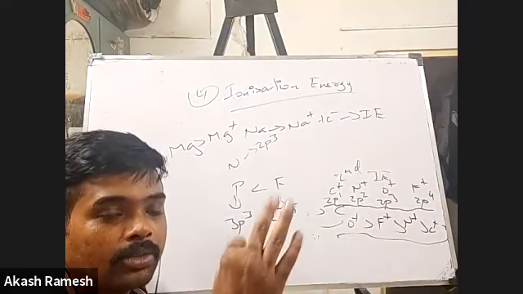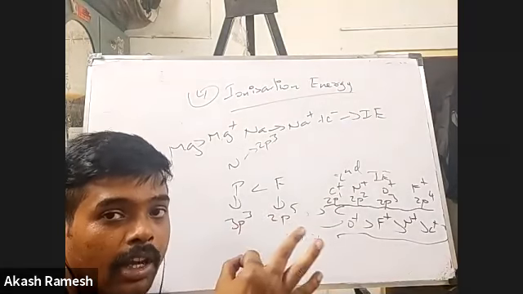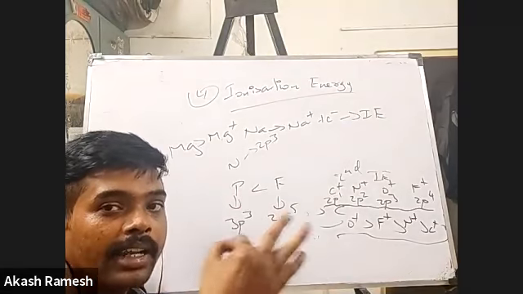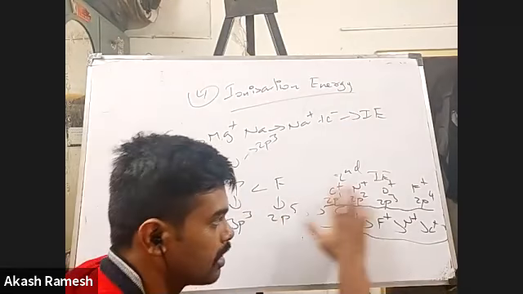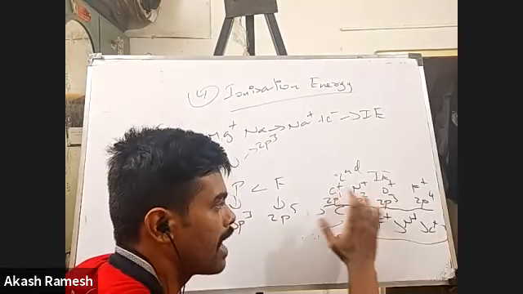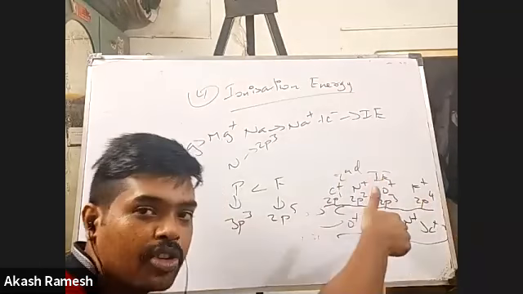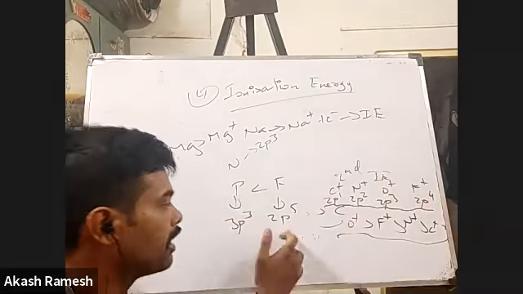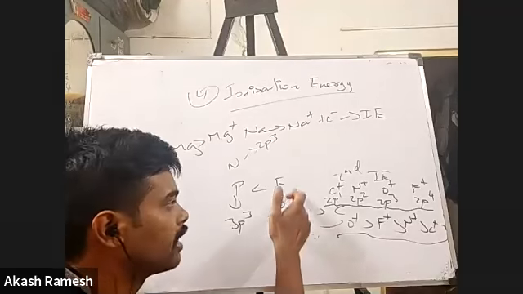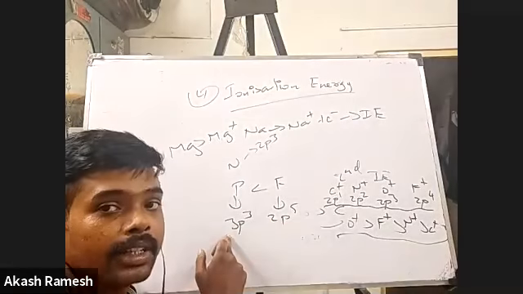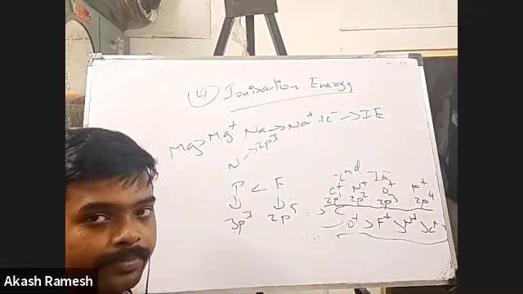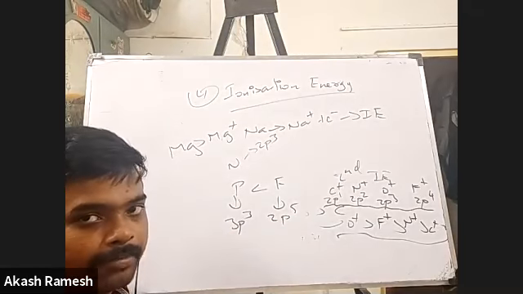Half-filled stability will come into the picture when the electrons are in the same shell for the elements to be compared. If you look at this, all the valence electrons are in the same shell, 2p. But here you cannot compare, because the electrons are in 2p for fluorine, and in 3p for phosphorus. At that time, I will not be able to tell.